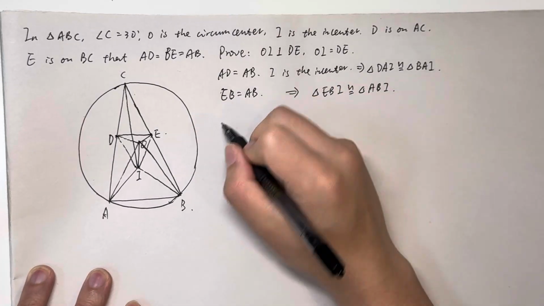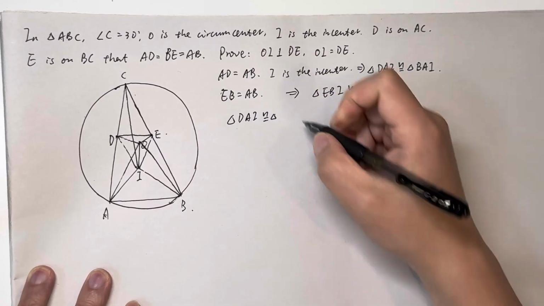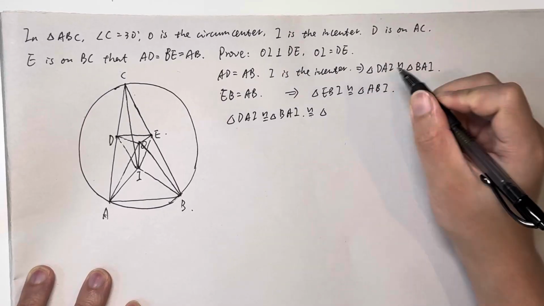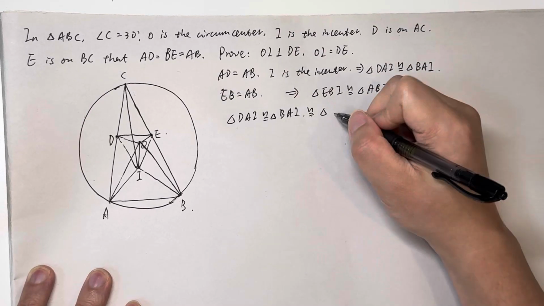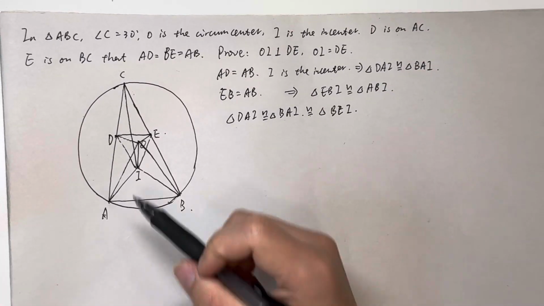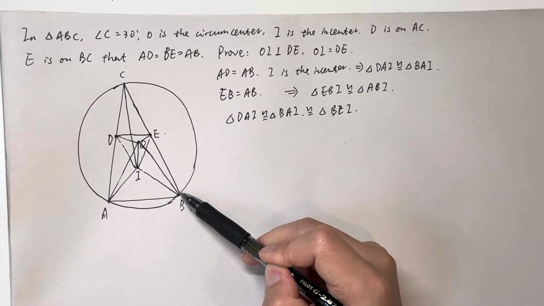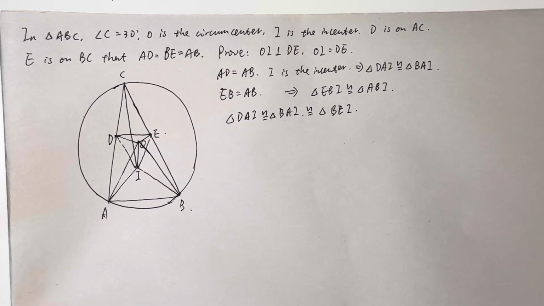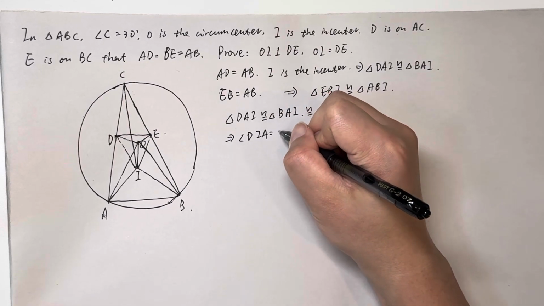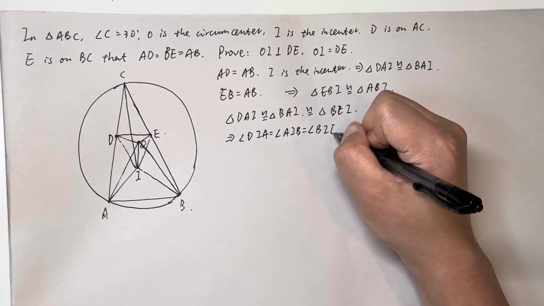So we actually know triangle DAI is congruent to triangle BAI and congruent to triangle BEI, right? So we know that these triangles are all congruent, which means angle DIA equals angle AIB equals angle BIE